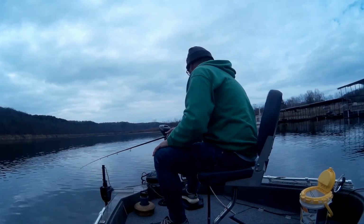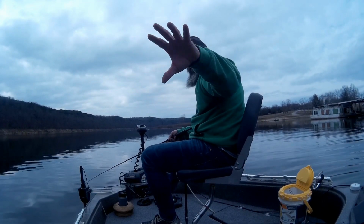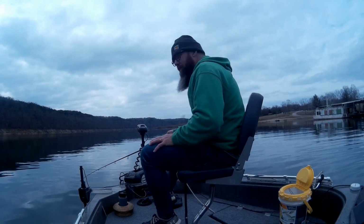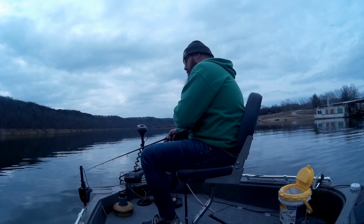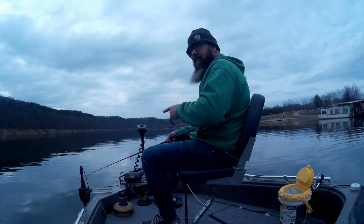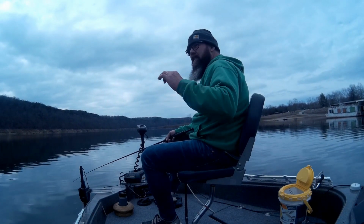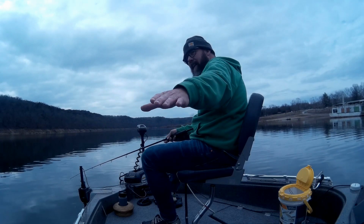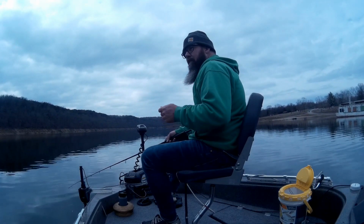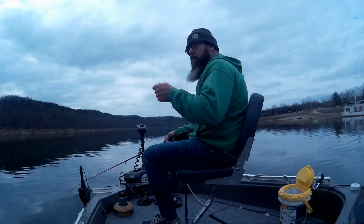Right? So we're just drifting down. We found this big school, probably 10 yards, 30 feet, 40 feet, going back to the top of it so we don't see fish on the fish finder, and then just stopping and doing the same thing, fishing vertical, and then drifting right back through that school. We tried spot locking on them, but with the current, everything gets behind you. You can't really see what you're doing, and it really seems like you have to be individually fishing for that fish, making it move,